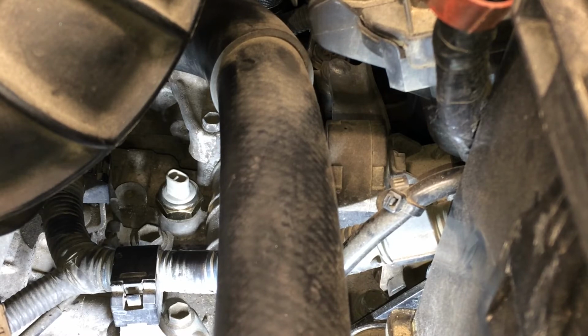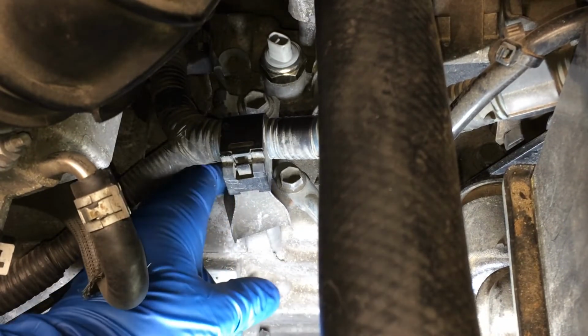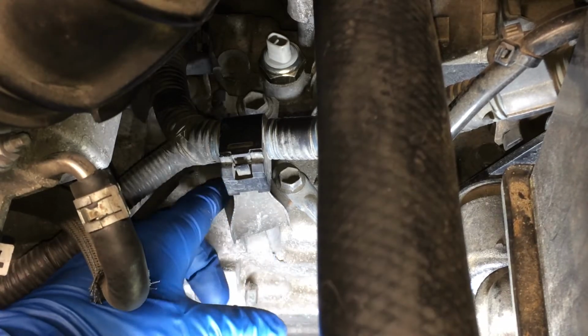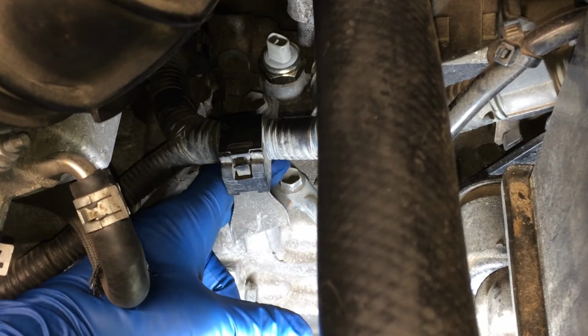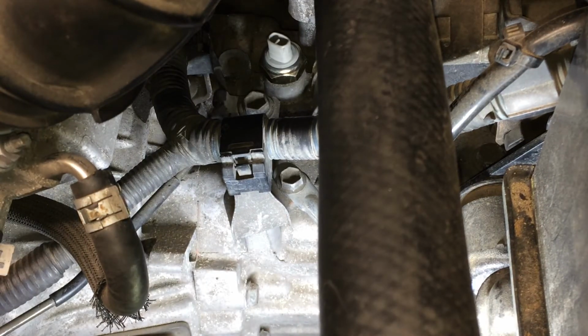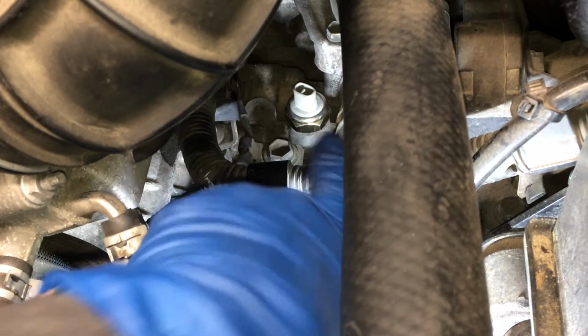I think you'd have to remove a couple things. So what I would do, if all you have is a wrench, I would remove this fastener back here. Looks like that's a 12mm maybe. And get this bracket out of the way, get this ground out of the way, and then try to get in there with a wrench. I don't think you could really get a crescent wrench in on there because it's real tight on that side,